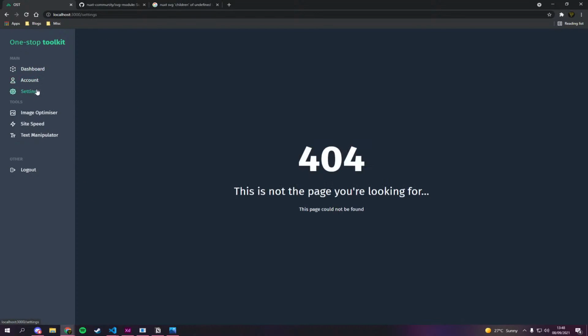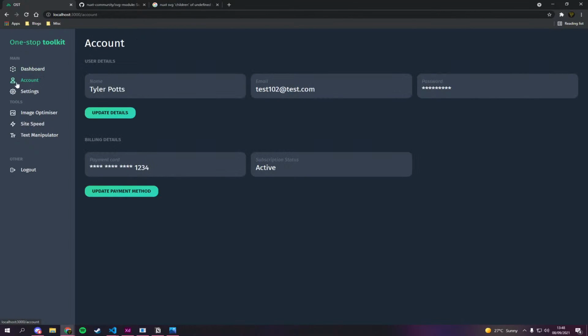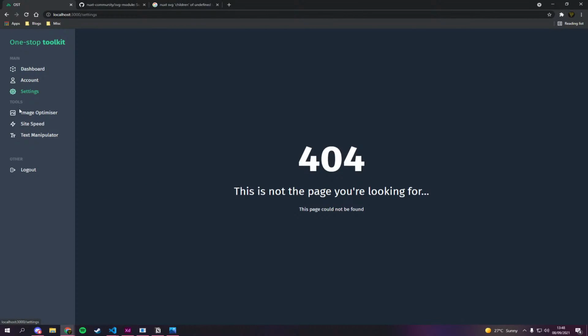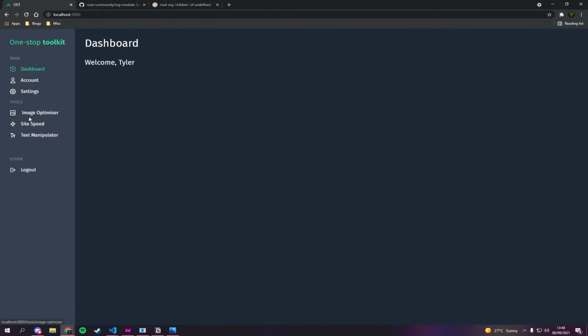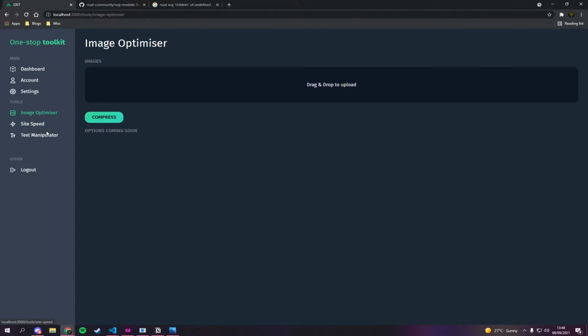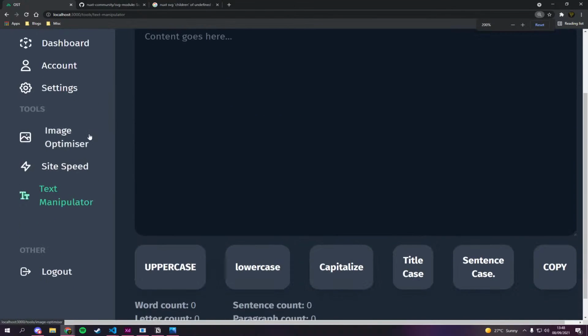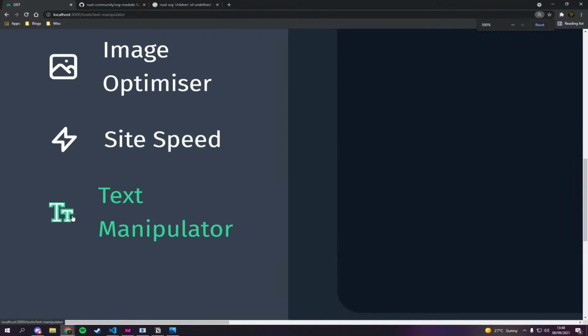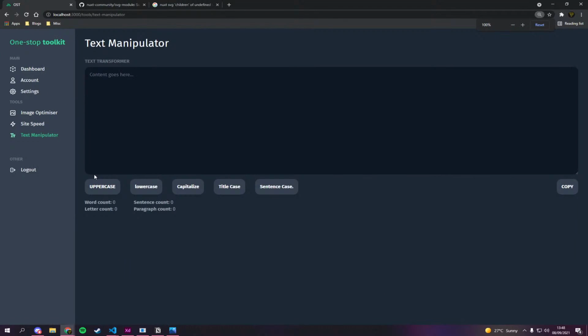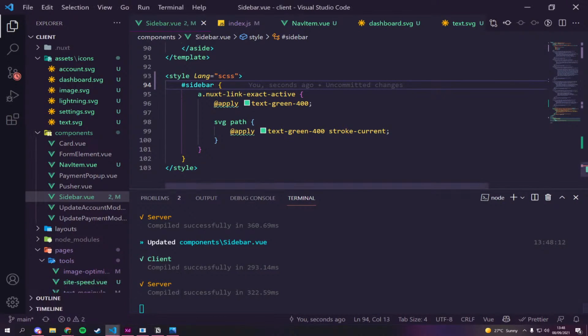Oh, wait, as I said, I did have a 404 page. Wow, look at that, it's kind of doing something weird. Oh, did that do that before, or is that just me? It's fine. You guys probably don't know what I'm on about. Hold on. Look, it's outlined. What have I got it set to? Let's have a look. SVG path. Stroke. Oh.